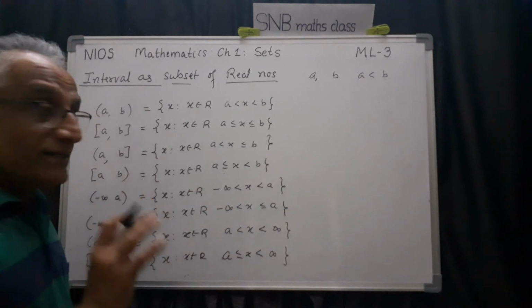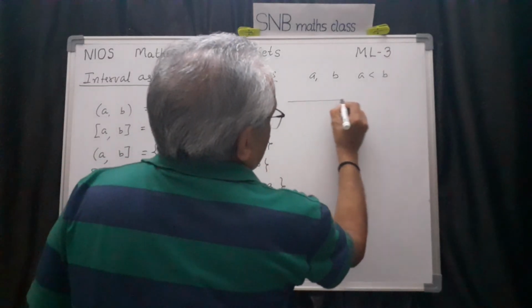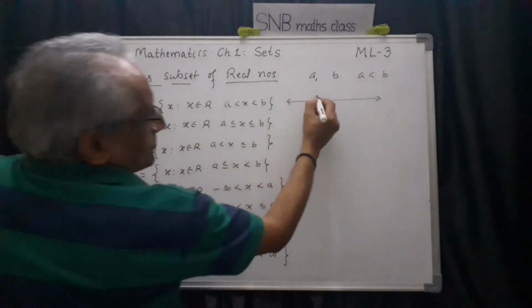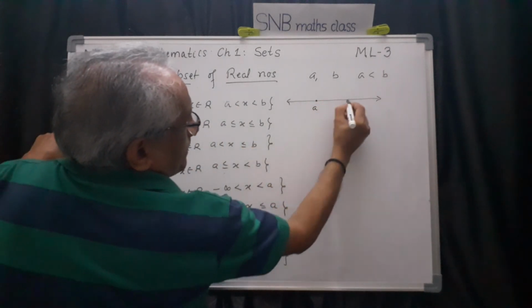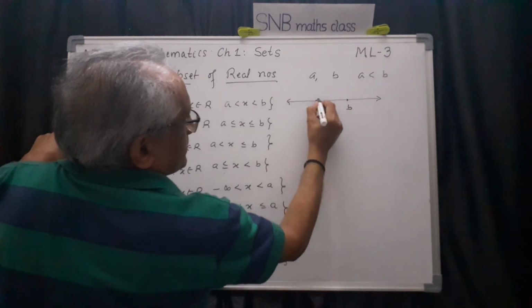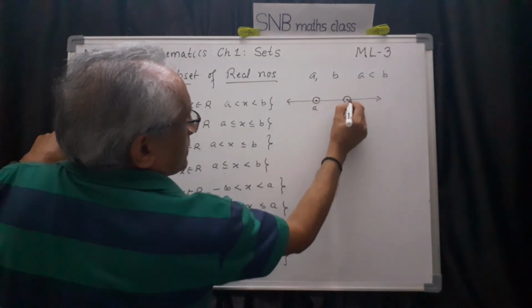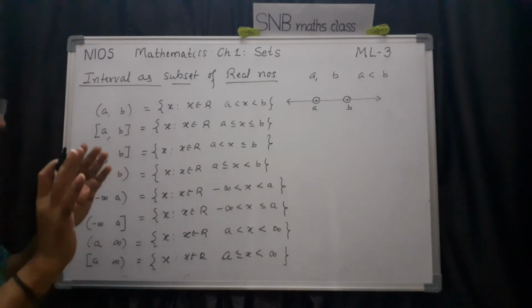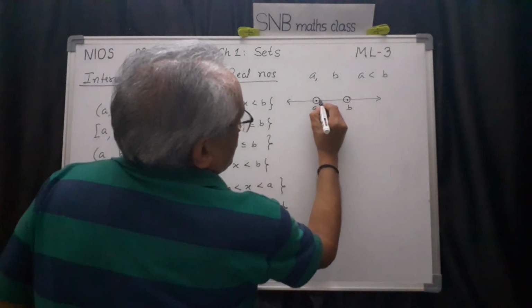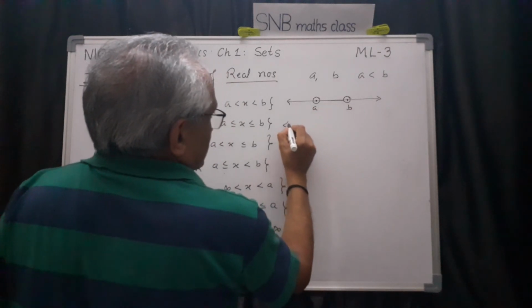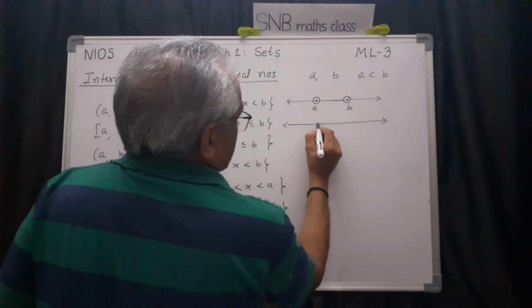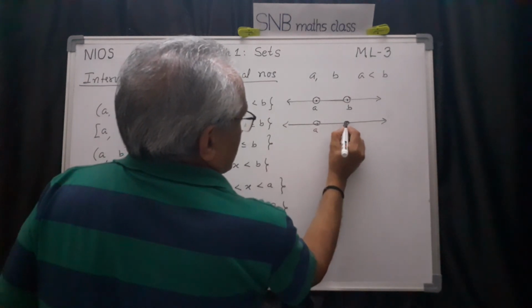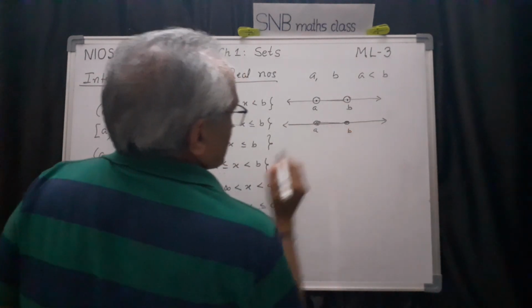And the corresponding diagram also you should know how to draw. Say for example, here open interval, you should show A here, then B here, then you should show circle. If it is open, blank circle, closed, full circle. So then you have to show like this. Accordingly here also same thing. This is A, this is B, full circle here like this. Then you have to draw like this.